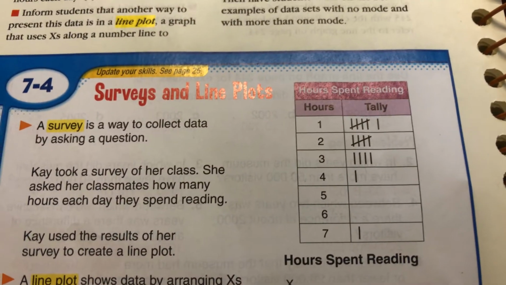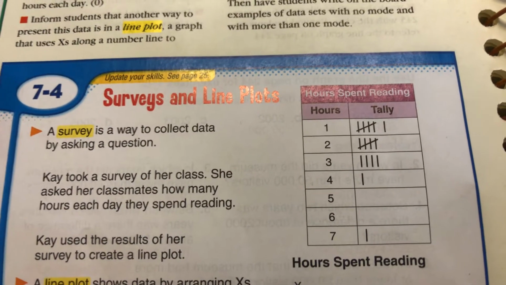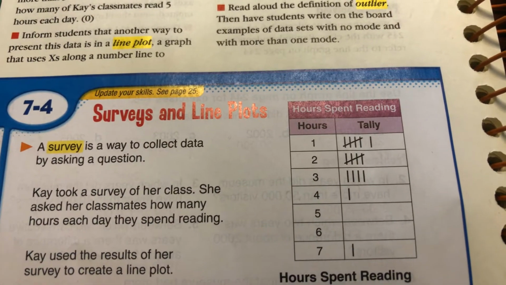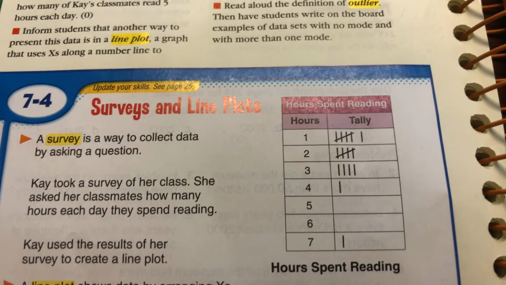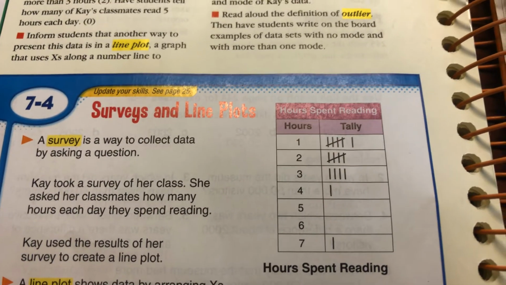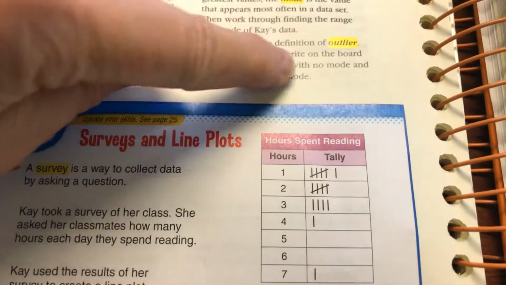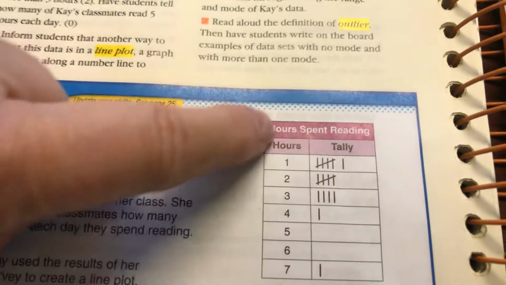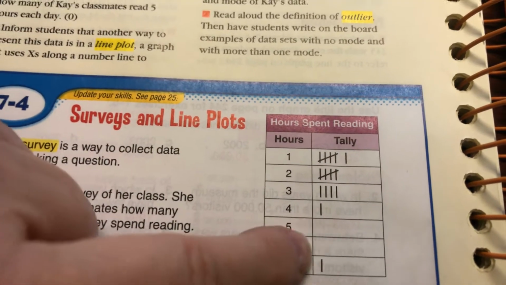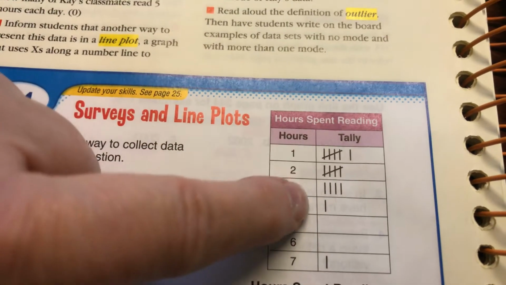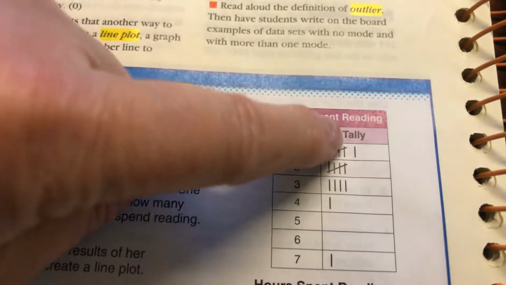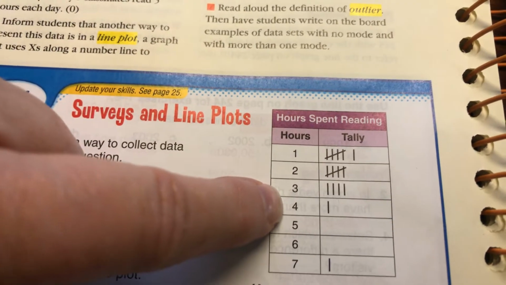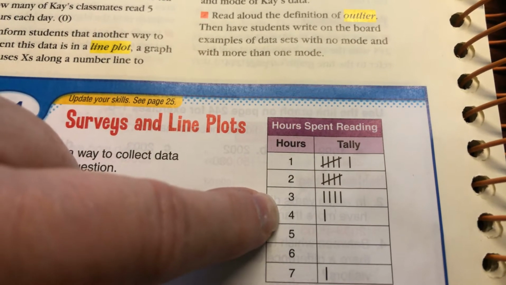Okay. Alrighty, so let's look at this particular example. Kay took a survey of her class and she asked her classmates how many hours a day they spend reading. And these are the results that she got, what you see here in this tally chart. Notice that there is a title, hours spent reading. There's a category with the number of hours that she got for answers. Some are blank. And then she recorded her classmates' answers using 1 mark for each student that said that's how many hours they read. So, there was only one student that said they read 4 hours